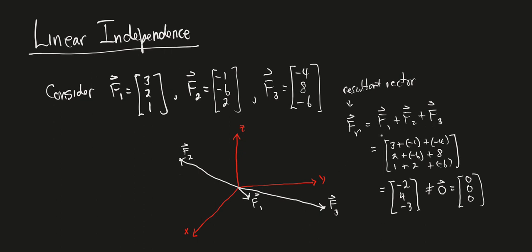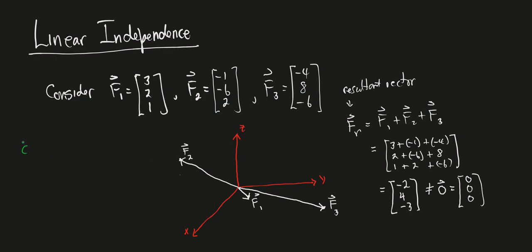So then let's modify the question and ask a slightly different question. Suppose we had the ability not just to add the three vectors together, but to scale the vectors, make them longer, make them shorter, but keep the direction the same. So what if we could modify the magnitude of each vector, but not the direction? By that we mean, for instance, and I'll just use one of these vectors as an example,